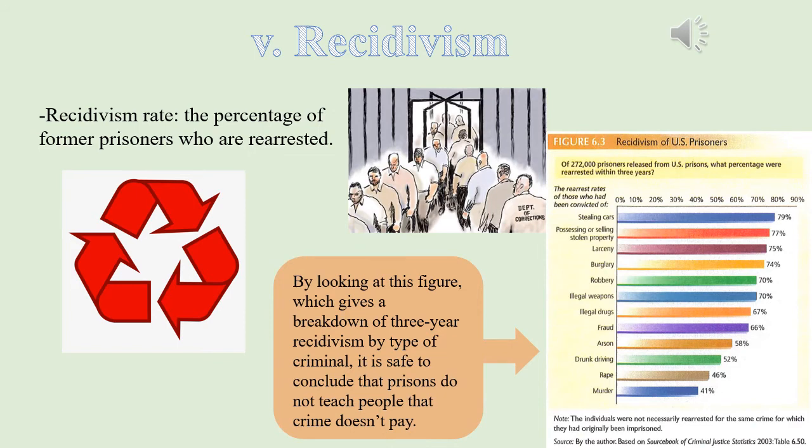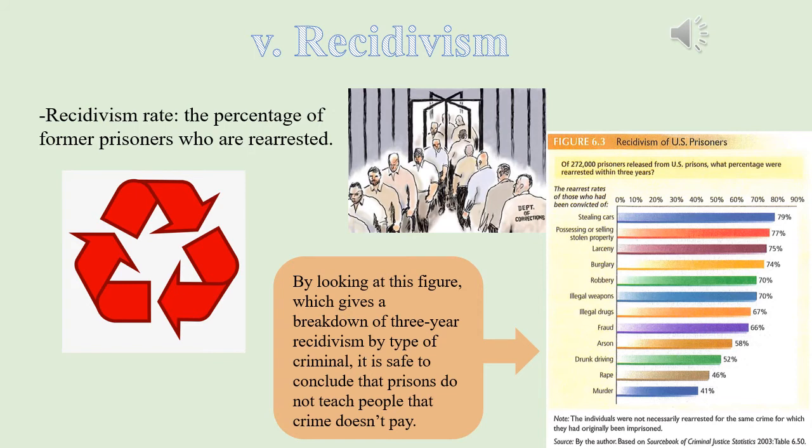So now let's go on to the second point. The second point is about recidivism. And before getting to the point, what is recidivism? Does anyone know about it? Recidivism is a tendency to relapse into a previous condition or mode of behavior, and especially it is a relapse